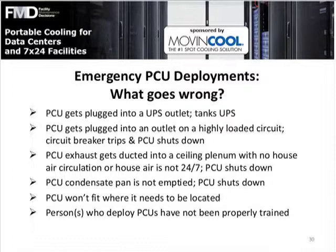Fifth example, a portable cooling unit won't fit where it needs to be located. This is where planning comes in. There's almost always a way to provide cooling, maybe a smaller unit, or maybe running supply air duct to the load that needs cooling. Think this through ahead of time, and if the need arises, you'll be ready to meet